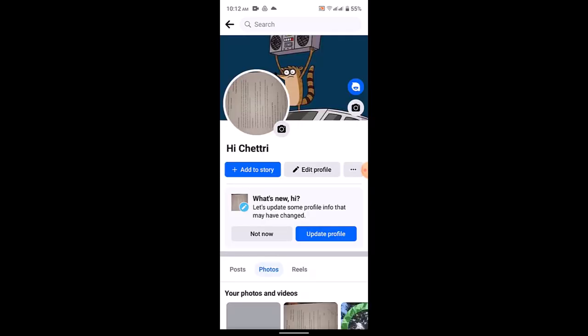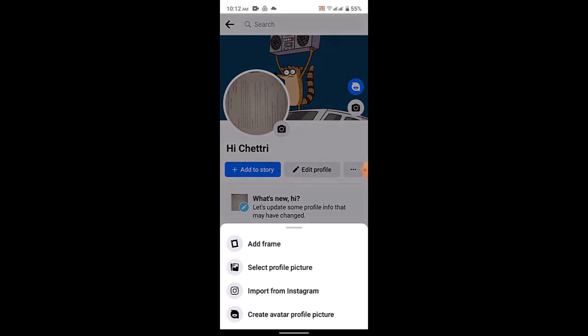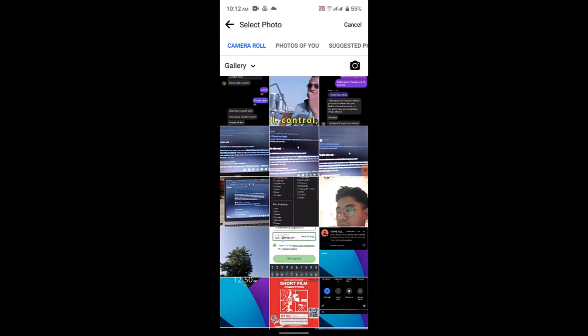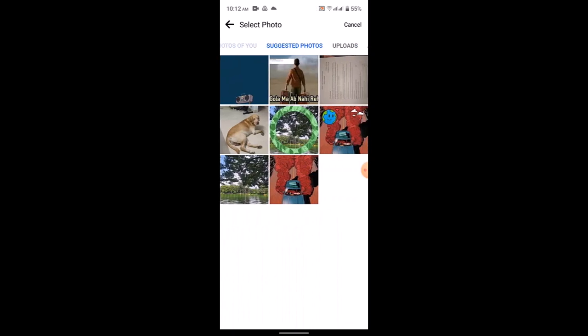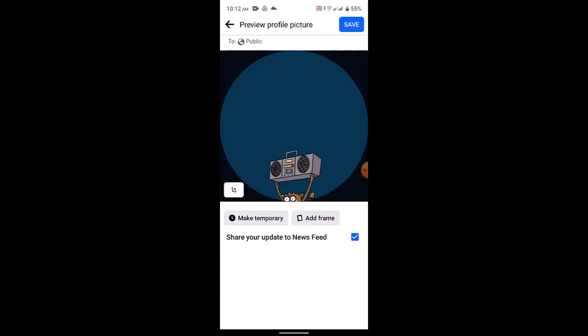Go ahead and tap on the camera icon located right on top, and from here you need to go ahead and tap on select profile picture. So this is going to show you the camera roll photos that you have actually shared in the suggested photos to upload. So these are all the photos that I've actually uploaded on my post. So I'm just gonna go ahead and select the same photo that is gonna be right over here,